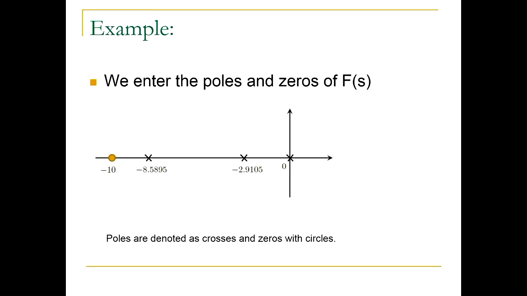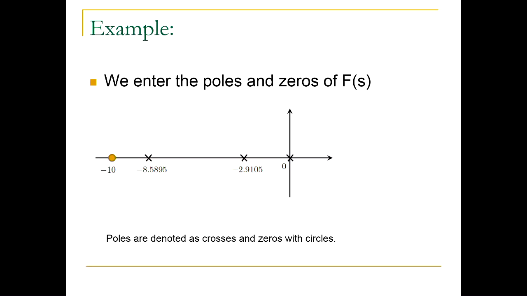And this is actually where there comes a term. We talk about zeros at infinity. So we sort of say, okay, there are some zeros at infinity. There are some zeros that are finite zeros, and there are some zeros at infinity, and these asymptotes will converge to those zeros. So how many asymptotes should we have in this case? 2. And we will learn how to plot these asymptotes as well. All right. So crosses are the poles of f of s, and circles are zeros of f of s, in the equation 1 plus k f of s. That's what it is.